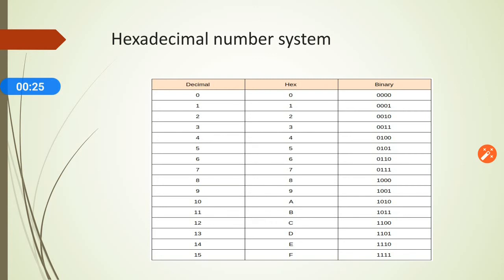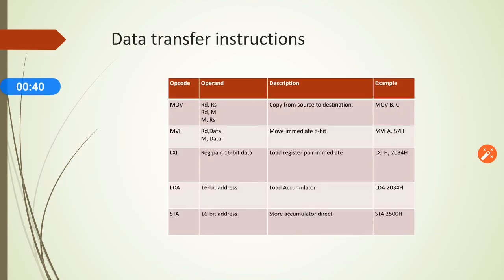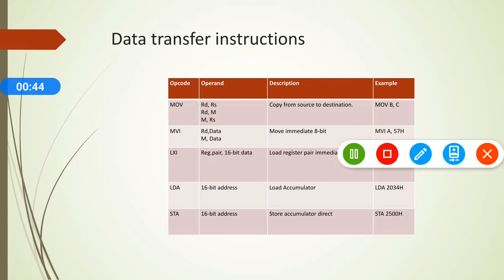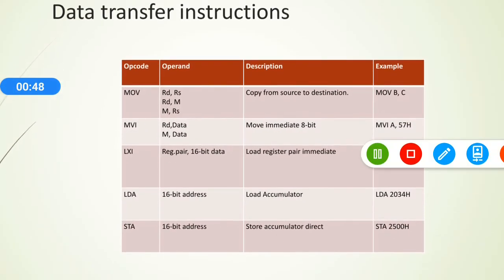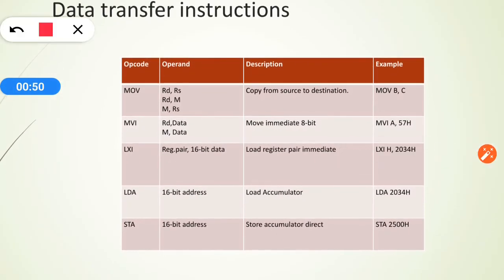Instructions, as we discussed earlier, are used for giving direction to the processor for performing a proposed or dedicated task. So our first set of instructions is data transfer instructions. As we discussed in the introductory part of the instruction sets video, these are used for